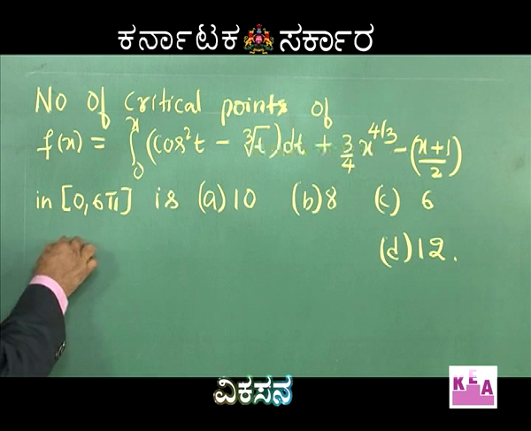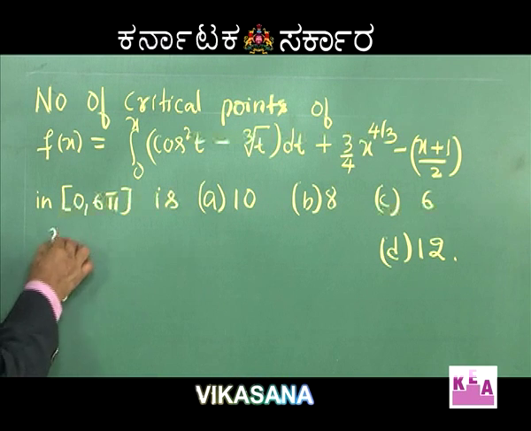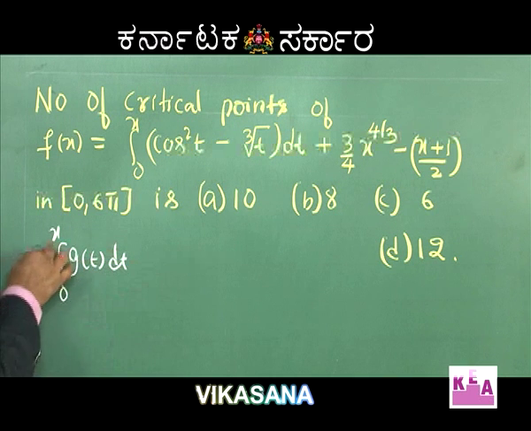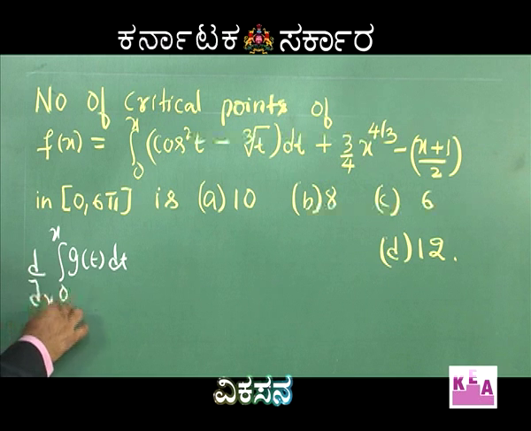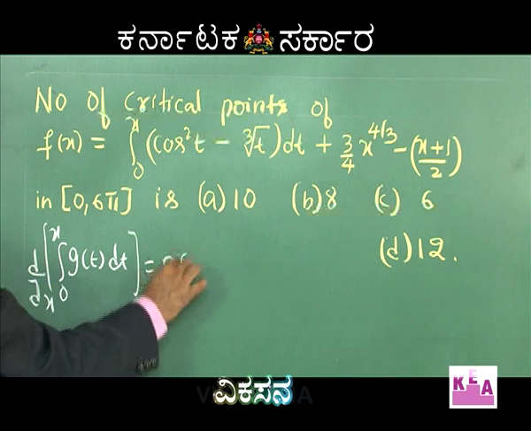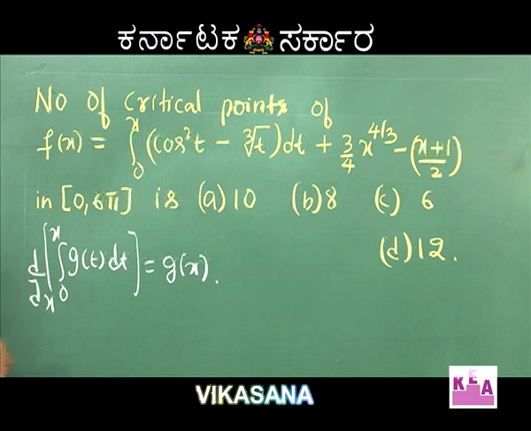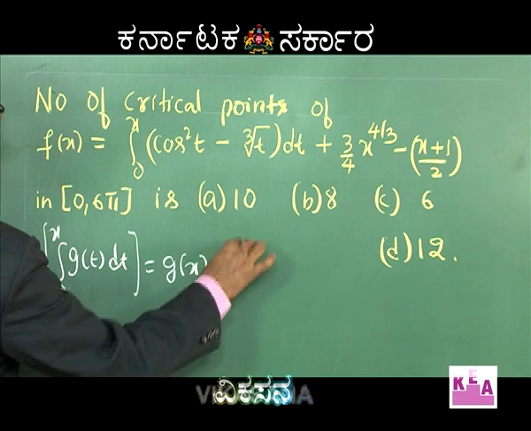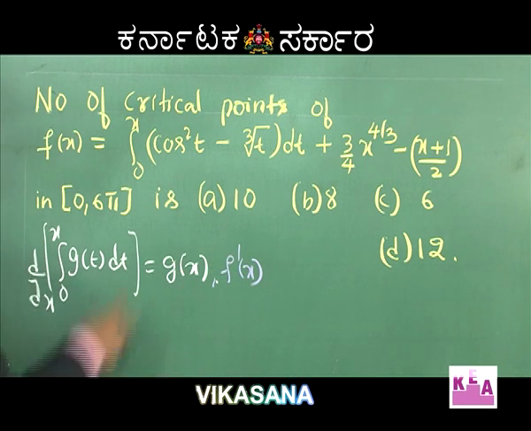Integral 0 to x, g of t dt. If I differentiate this with respect to x, we will get g of x. This is the basic thing that you should know. Now, what is f dash of x, dear students? Look at this. F dash of x is given by, observe carefully,